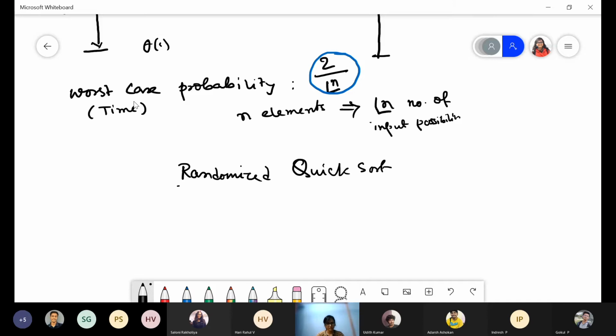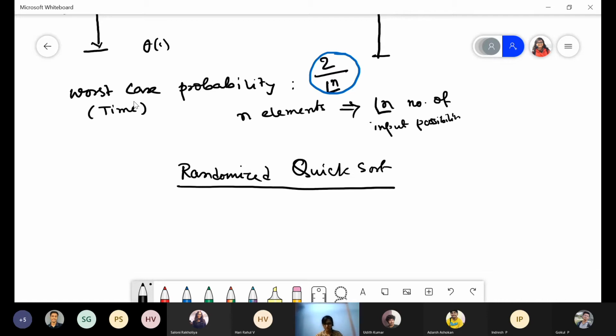Okay, if I ask you why quicksort is called really quick, what will be your answer? Quicksort is actually even better than merge sort. If you remember doing your experimental analysis, you could have seen that this was giving you better results. If you take all possible input variants, then it is surely going to give you better results than even merge sort.